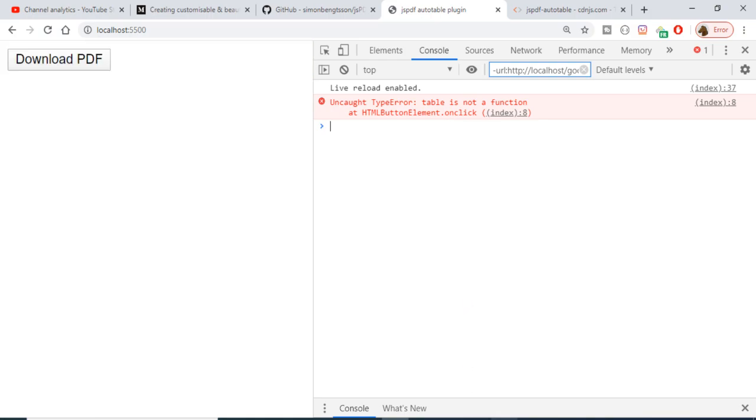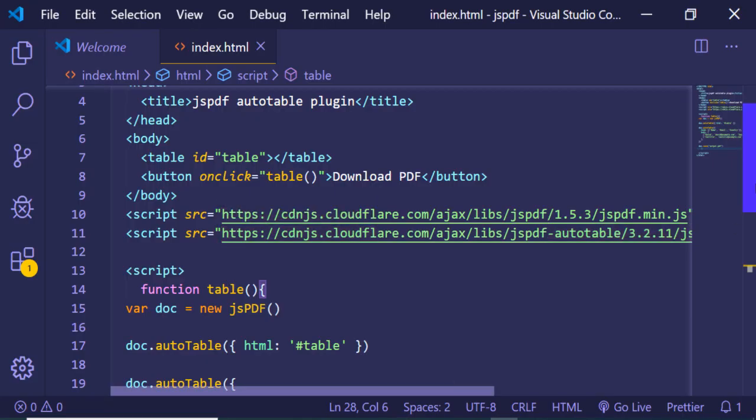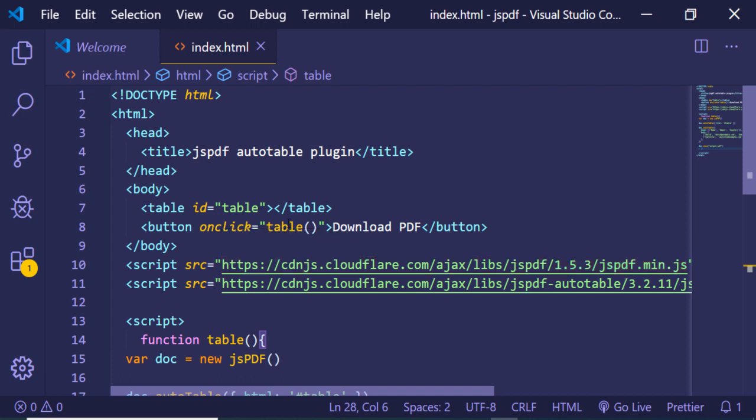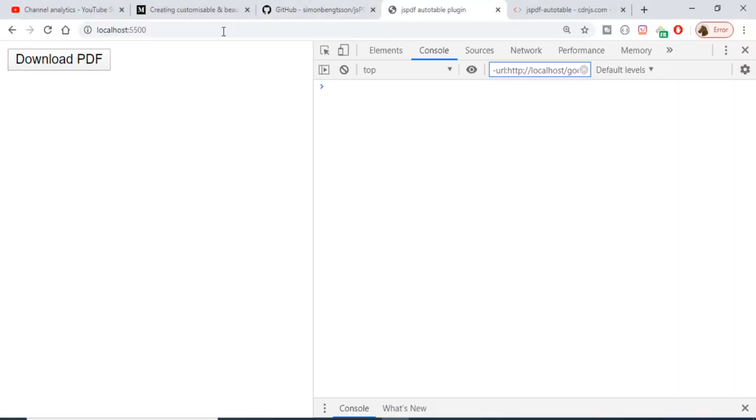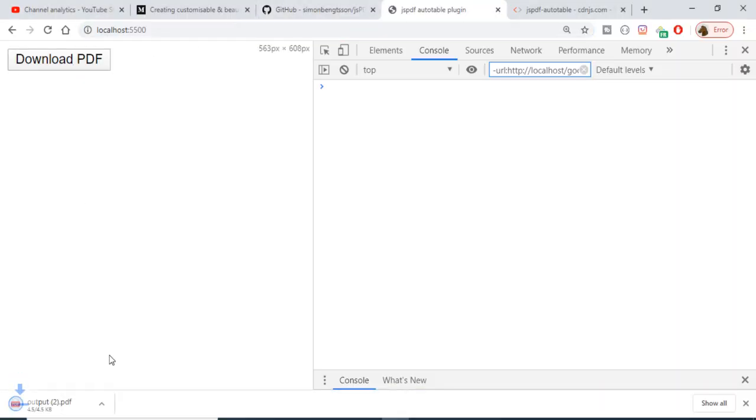It is saying that table is not a function. Let me change this to generatePDF. Now if I refresh it once again, you will see that an output file will be downloaded. If I open this,